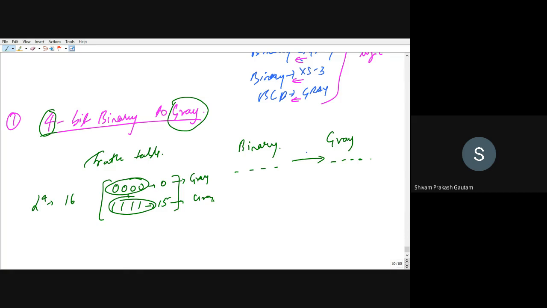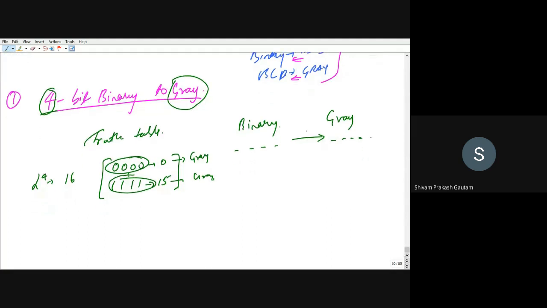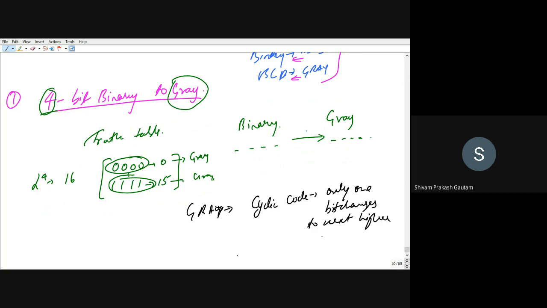Okay, so this much is okay. Now gray code, as we have already seen in our previous lecture, is a cyclic code, and here only one bit changes to the next higher place or number.